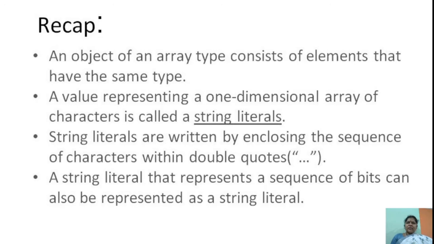So what is an array type? Arrays are a collection of the same data types. It is used to group the elements of the same type into a single VHDL object. So arrays are a type consisting of elements that have the same type. In an array declaration, first we write the name of the array, second the range of the array should be declared, and third the data type of each element of the array should be declared. So this is about the array type.